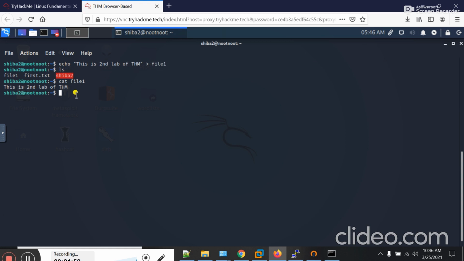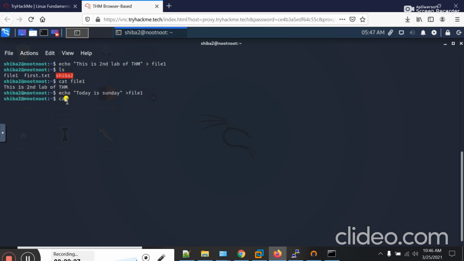Okay, if I type echo today is Sunday, and then greater than file 1 and hit enter, now what should be the output in this case? In this case, the previous content of this file will be erased and replaced by the new content, that is today is Sunday.